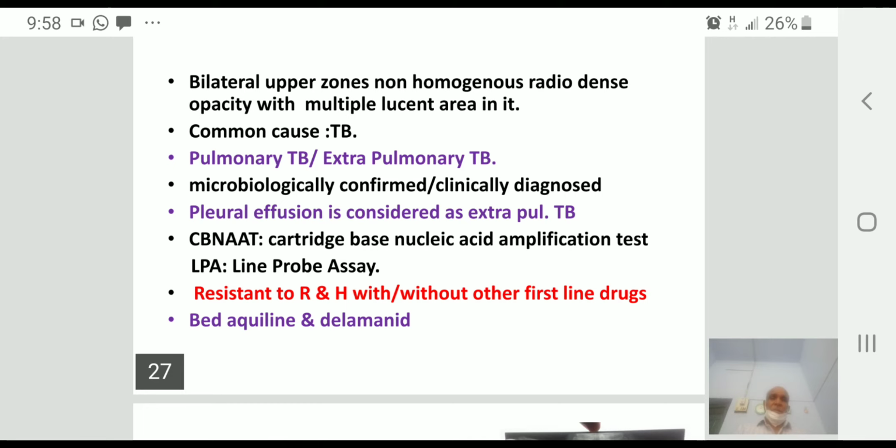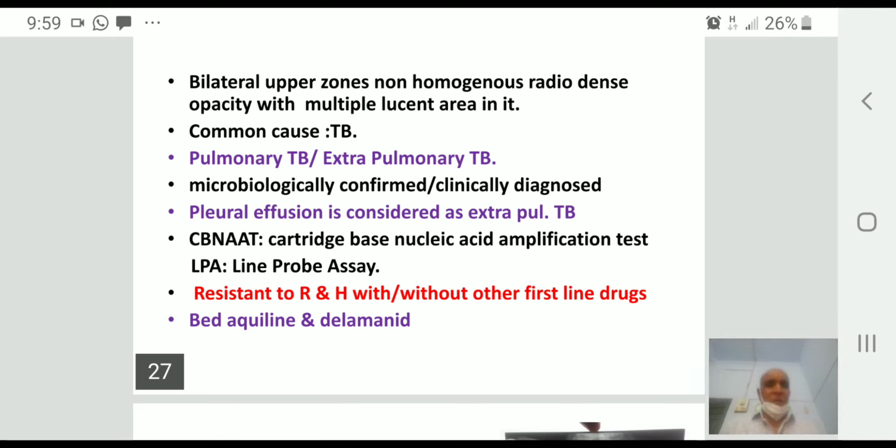Whether it is microbiologically confirmed or clinically diagnosed. Pleural effusion due to TB is considered extrapulmonary tuberculosis. TB is diagnosed commonly by sputum smear microscopy with supportive investigations such as a chest X-ray, which gives the location and extent of the lesion of tuberculosis, and